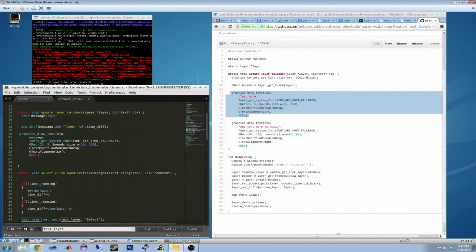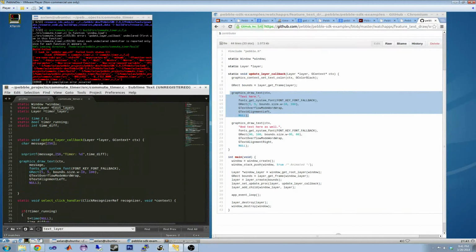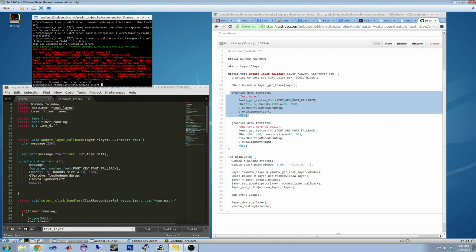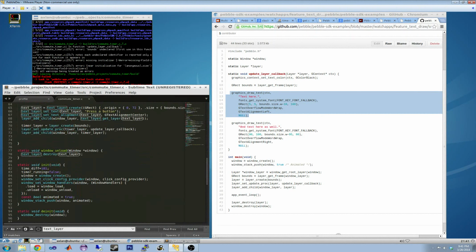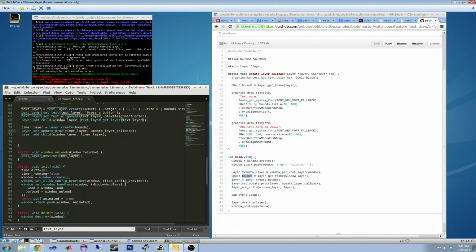Now I've added my callback for drawing this layer, and let's see if that builds. No, still no. Missing initializer. Bounds undeclared, first used there. Okay. Ah, yes. In this example, they called the grect bounds,